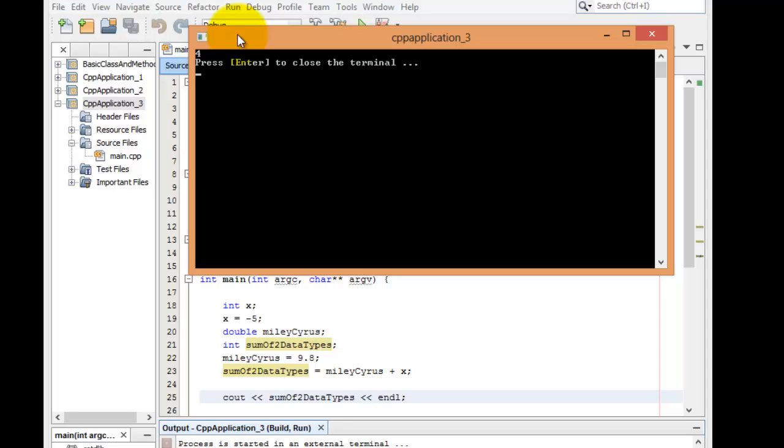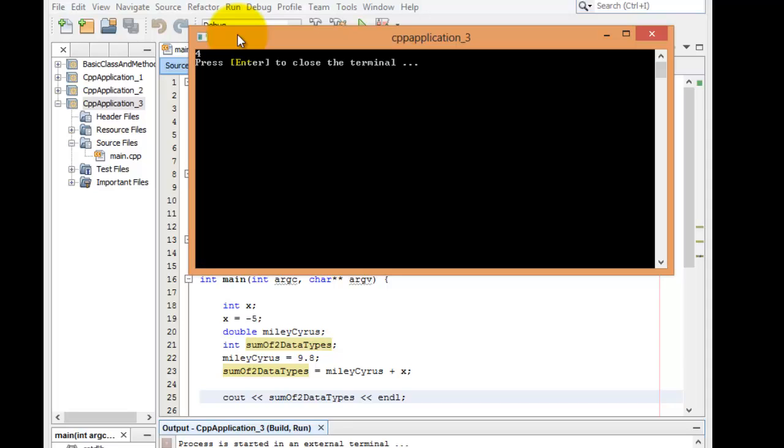Well, here's what happened. Since a double is more precise than an integer, a double can have decimal points. So a double can represent 4.001, while an integer can only represent 4. So a double is more precise. So when I add a double and an int, by default, it gets converted into the lesser precise type. And which one is the lesser precise type, Quinn? A double or an int? I would have to say int.